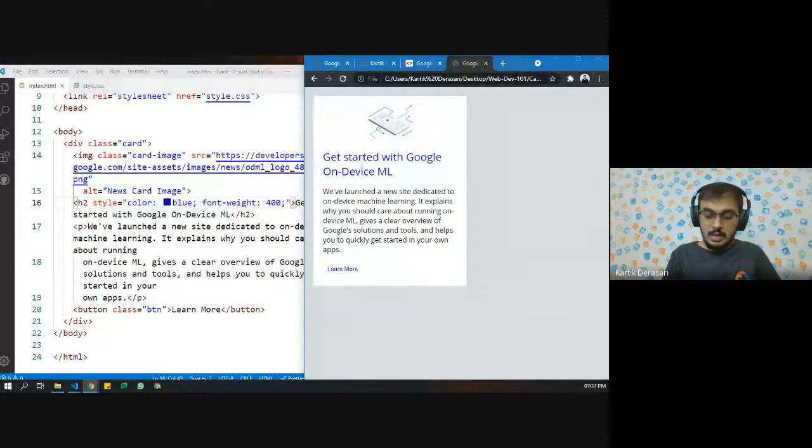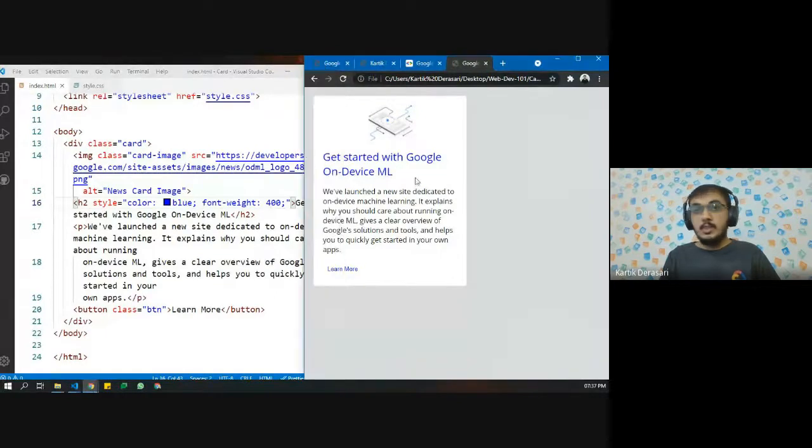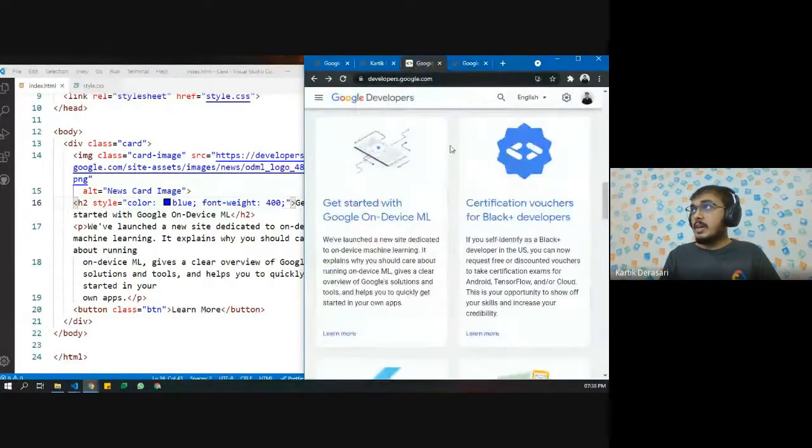How can we add Google fonts is the question for you. Research that today, and let's come tomorrow with answers and see how we can use different kinds of fonts. And this is how we can style the card. Apart from the colors, we have styled the structure, and the colors and all that can be changed.